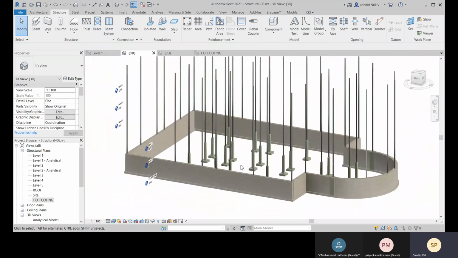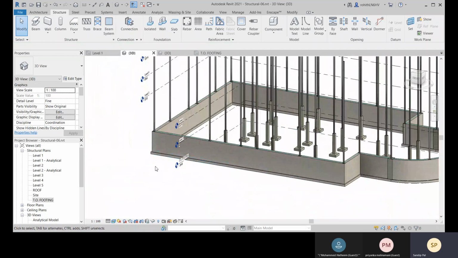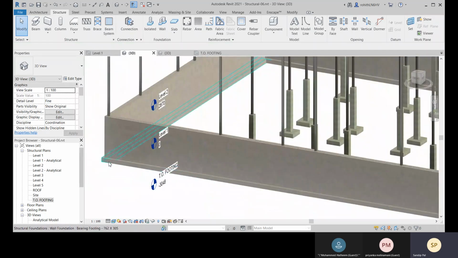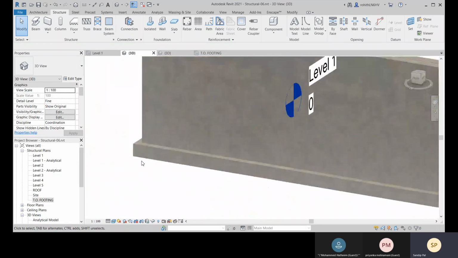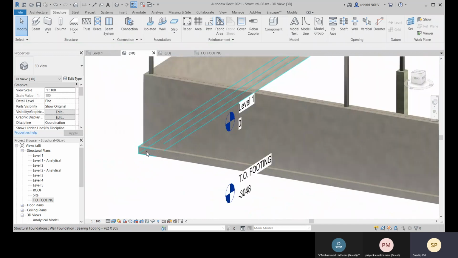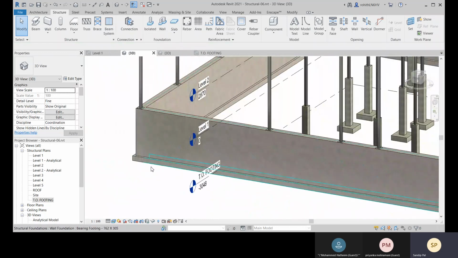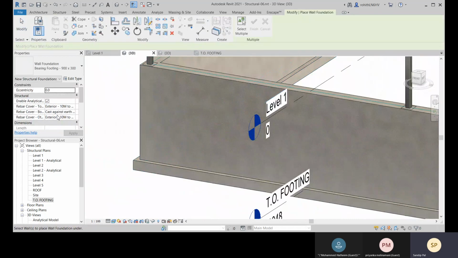And now let's place some more options. Okay, so you can add some other footings, like if there are other footings there, like a step footing there you can also place. So at the bottom there will be different thickness.